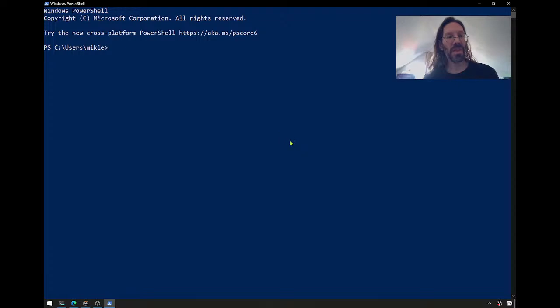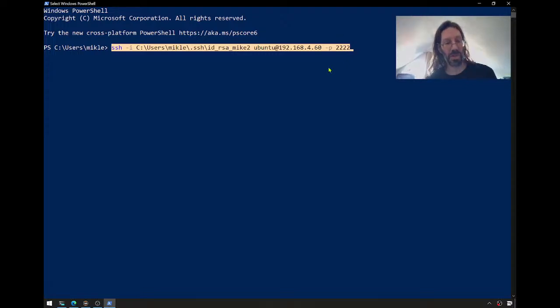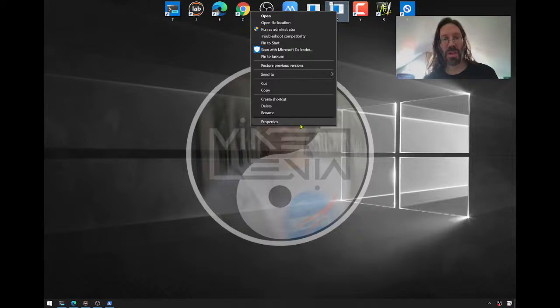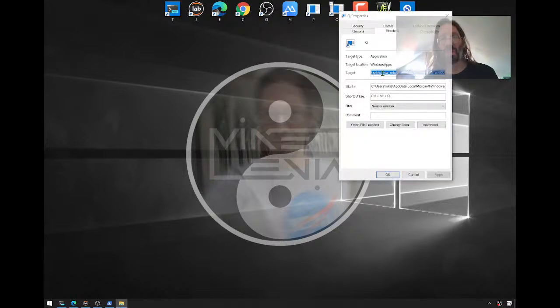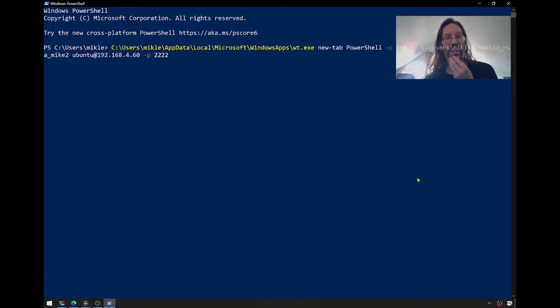So when I type this command to attempt to log in to that machine, which is what's happening, by the way, when I double click this icon, the shortcut that's appearing, you go into properties, you pick that up, you go over here, backspace over that command, and then paste it in. It's just a longer version of that. It's providing some context things for PowerShell. So if you back up over that, this is everything that should be required to log in without a password,